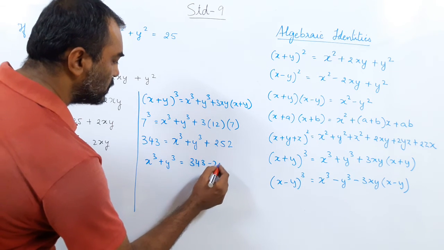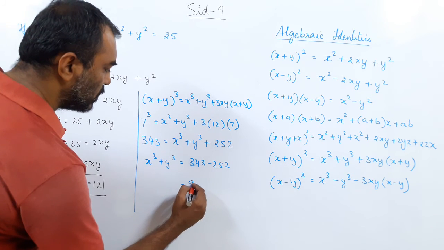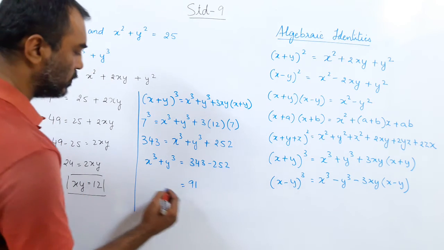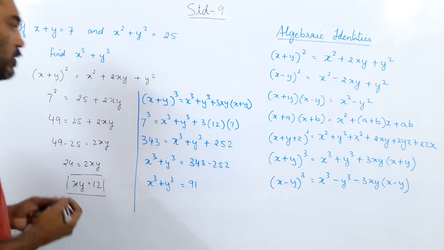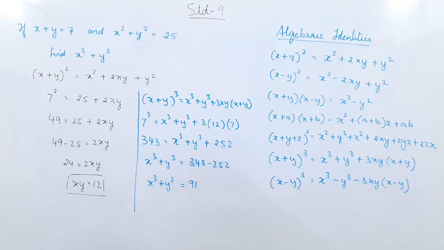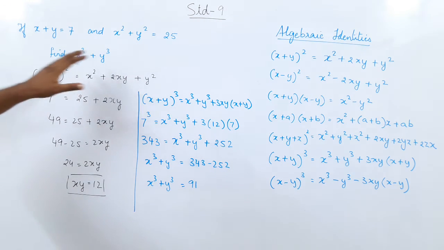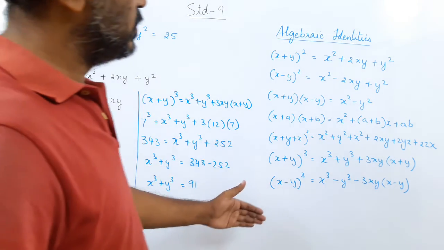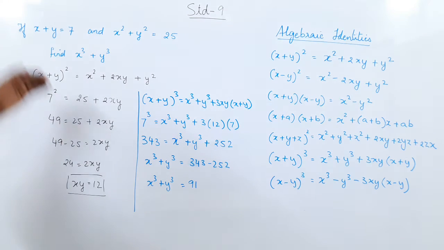343 minus 252, that is 91. Is it clear? So the first sum was direct, the second sum wasn't direct. X plus y was given, x square plus y square was given, and this we have to find. So these are the different uses, and in the different ways you can think of these algebraic identities and get